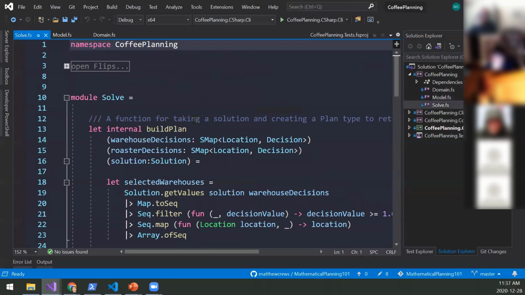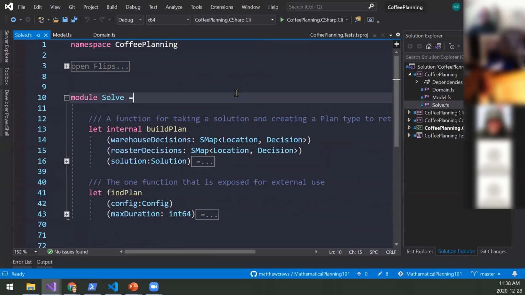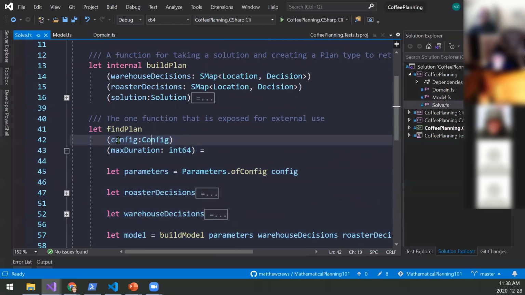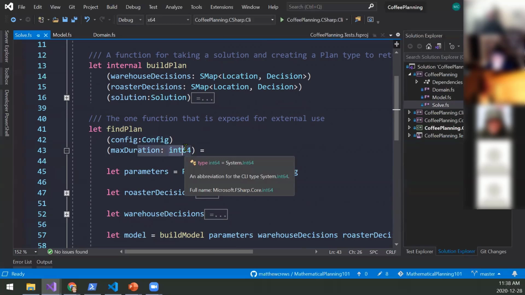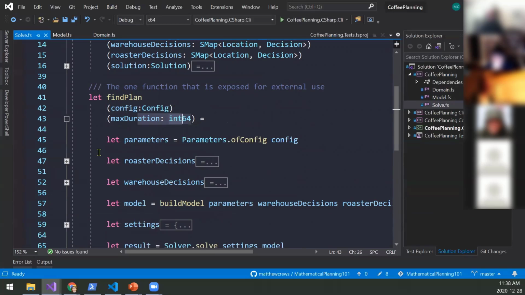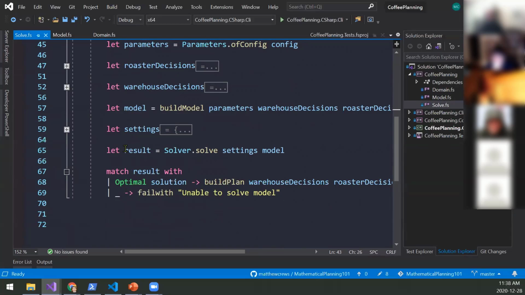And then what gets exposed externally, go ahead and minimize these, is basically the find plan function. This takes the config, which is that external facing type. It takes a max duration, which is how many milliseconds you want me to churn on this. And then it does the work and does the solve.